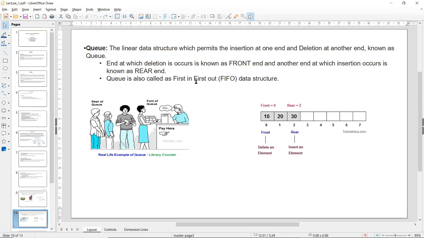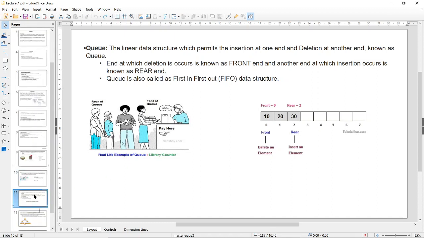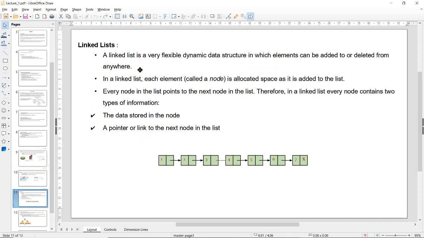Okay, FIFO. Now we move to another data structure, linked list. A linked list is actually a very flexible dynamic data structure in which elements can be added to or deleted from anywhere. This is actually the best kind of linear data structure we have.